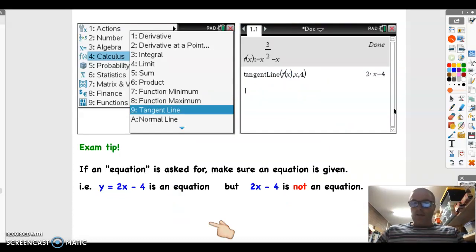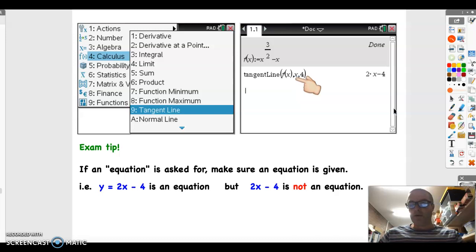If I was going to do this on a CAS calculator, I think there's probably a couple of ways of doing it, but I'm just going to go over this one here. In the menu, we're going to use the calculus sub-menu, and you'll find, depending on the version of software on your calculator, we're looking for the tangent line. So in this particular question, I would define f of x. There's our function f of x. We would use this function, tangent line, and it requires 3 inputs. It needs the name of the function that the tangent is intersecting,